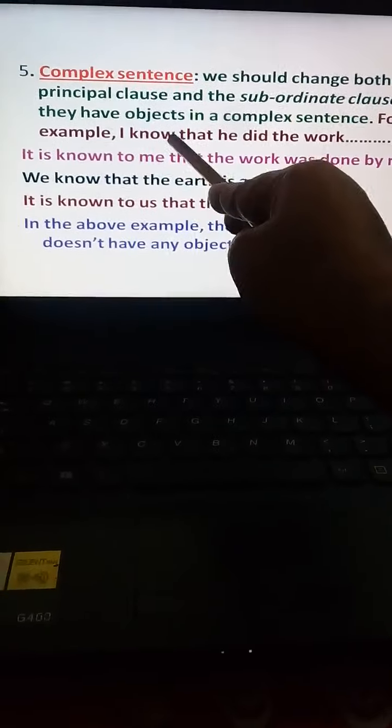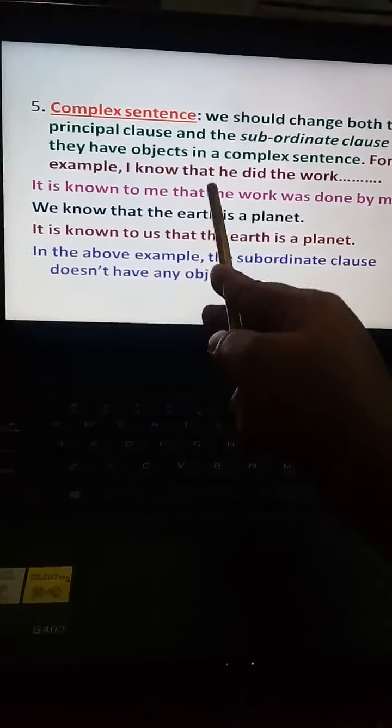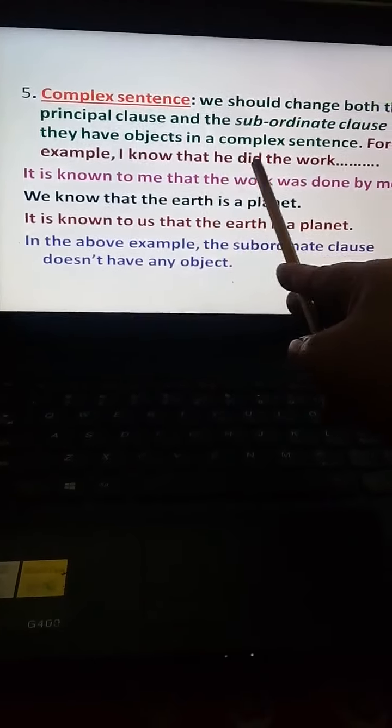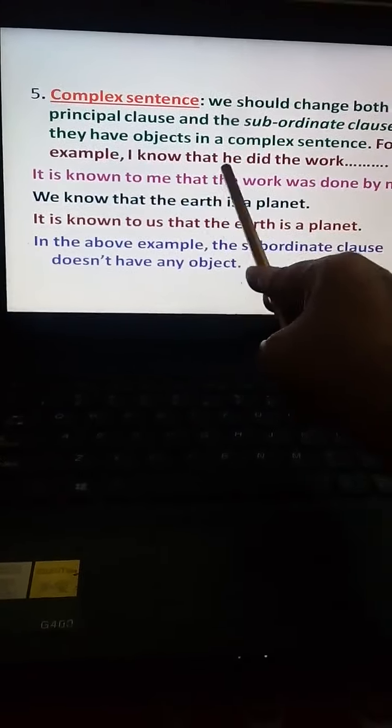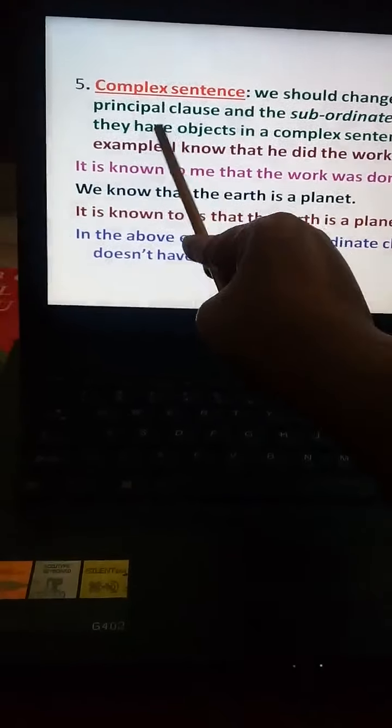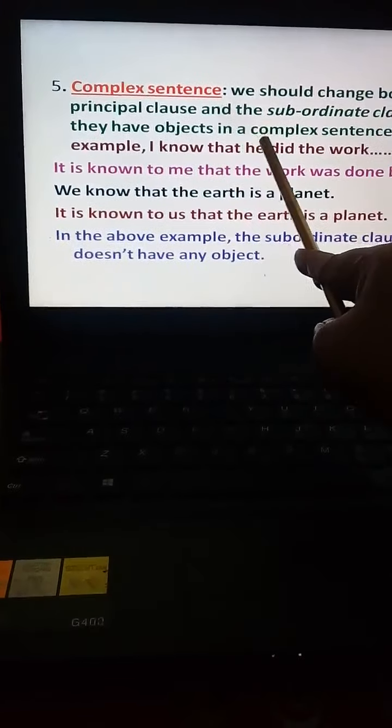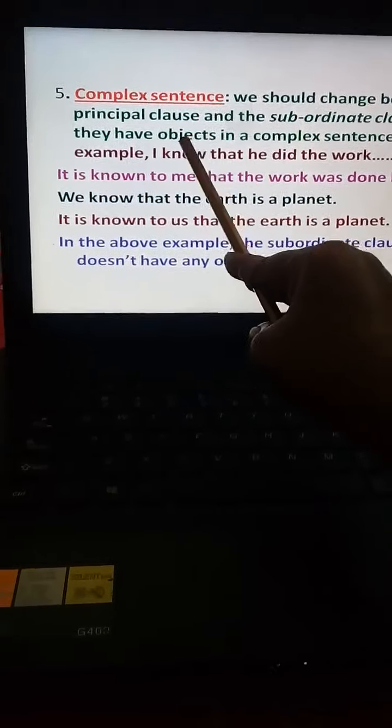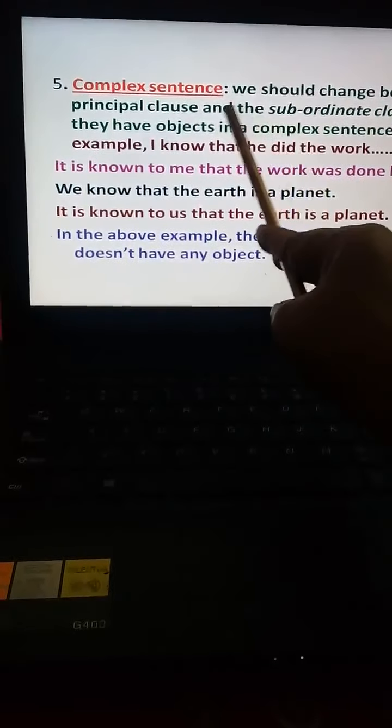For example, I know that he did the work. These two clauses are joined by that. So this is the first part of the sentence, and this is the second part of the sentence, and both parts